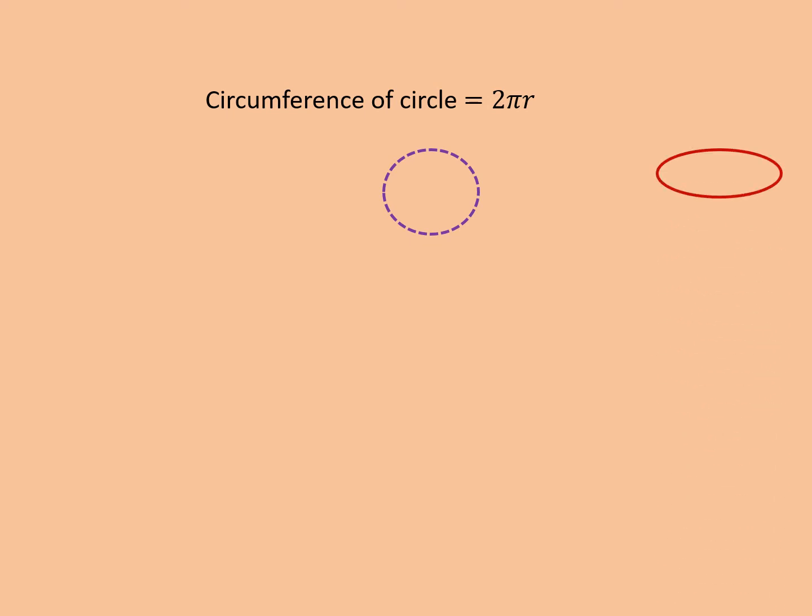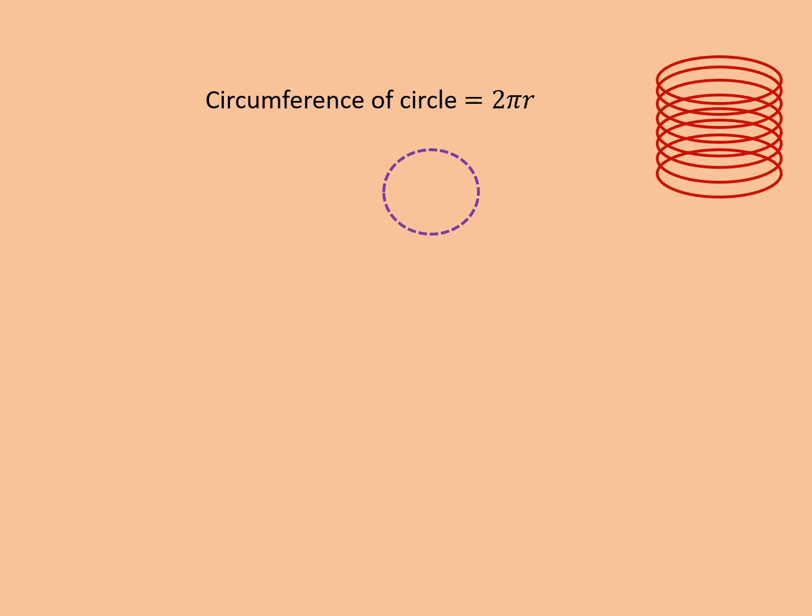Now you can see one more example of the same type. As I had shown you before, this shows the curved part, but we are taking circular bangles one above the other, which makes the circumference of each circle we take.